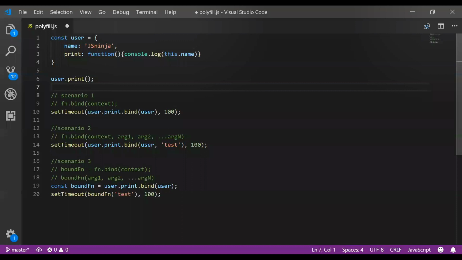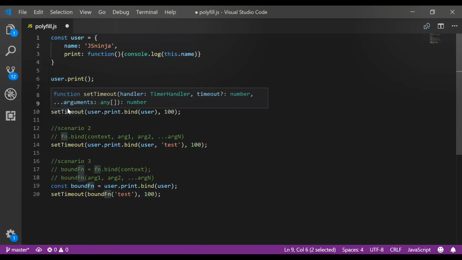So guys, now we are seeing an example for implementing the bind polyfill. What are the steps? Step 1 is to write the use cases, step 2 is to write the test cases, step 3 is to write the code, and step 4 is to do a dry run. We are going to see it stepwise. For this example, user is an object, and we are just calling user.print. Firstly, we are showing how to write use cases and test cases in this slide.